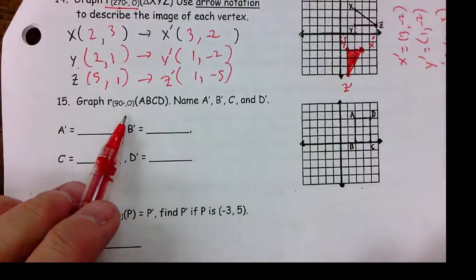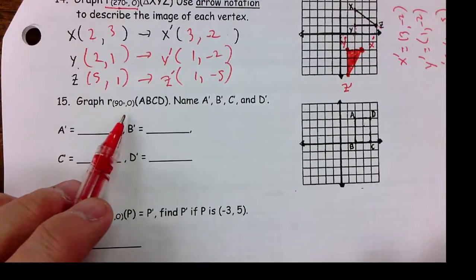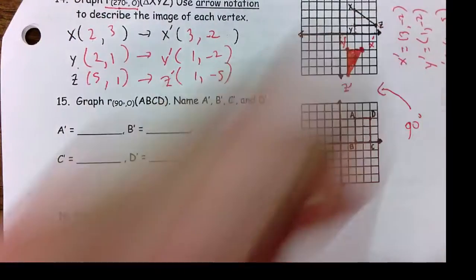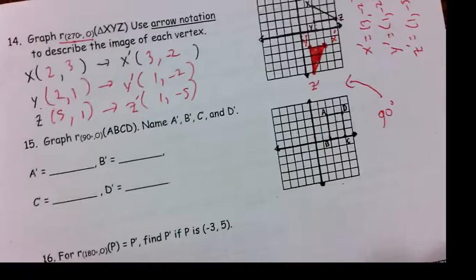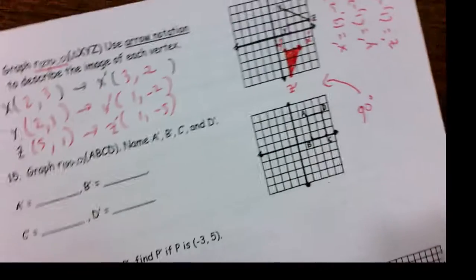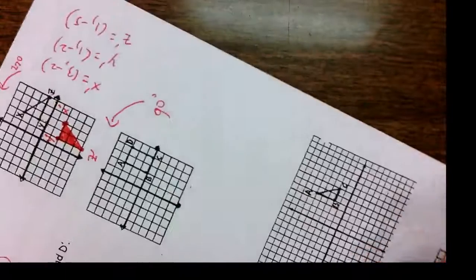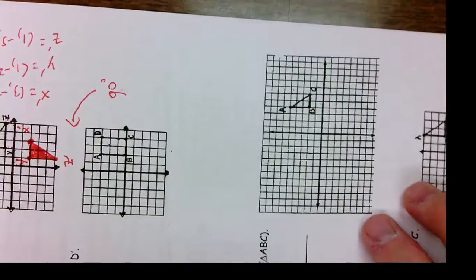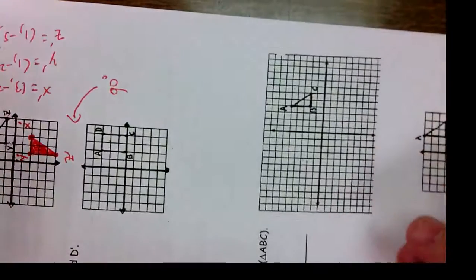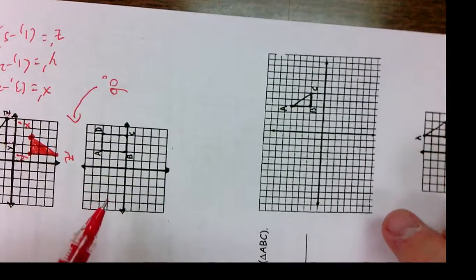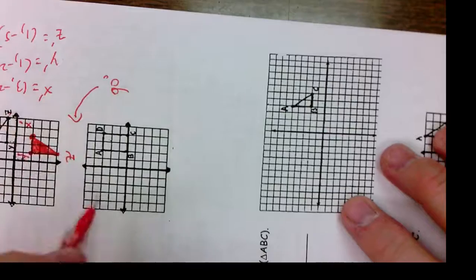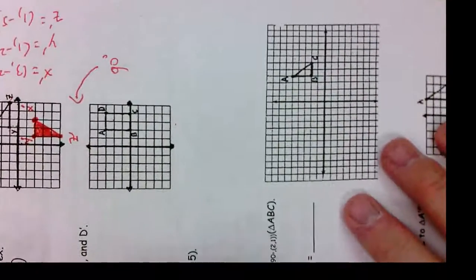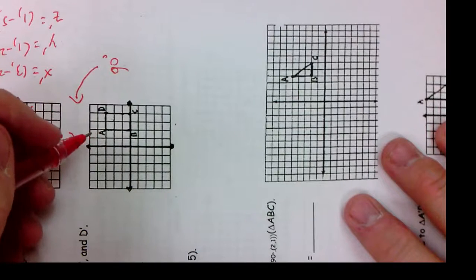Number 15. I'm supposed to rotate this rectangle 90 degrees. So 90 degrees would be this direction. I'm going to turn my paper 90 degrees. And I'm going to see where the rectangle ends up. And I see that it ends up with A prime. Let's see if I can help you see this. No, not really. All right, so A prime